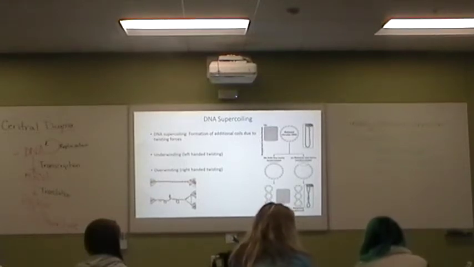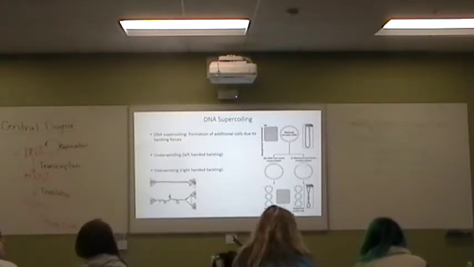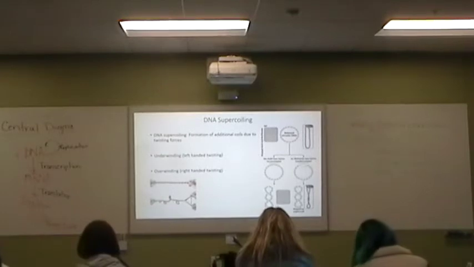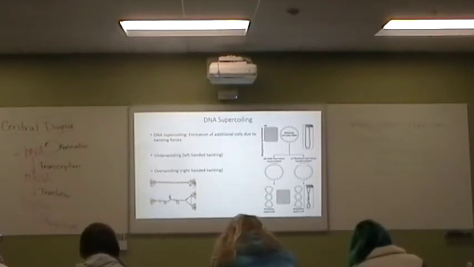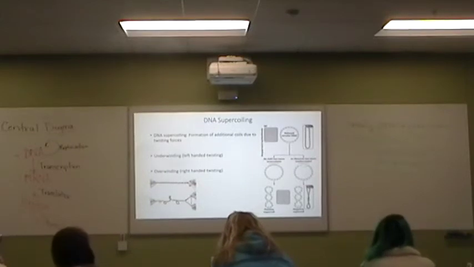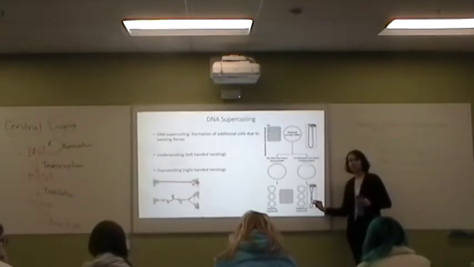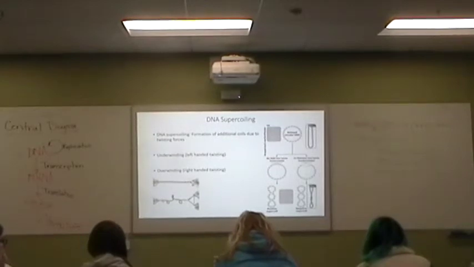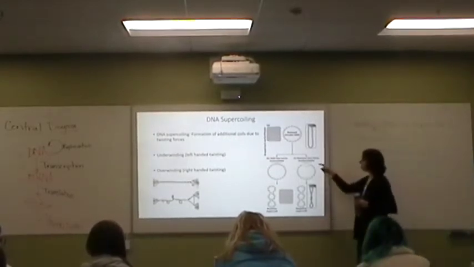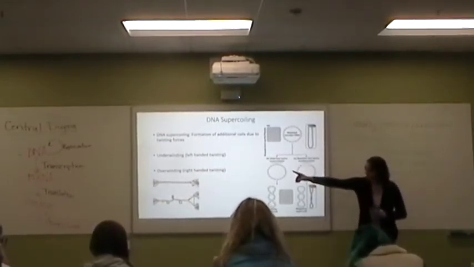Yeah, so interestingly enough, the cells are actually going to under-rotate or underwind the DNA by twisting it to the left. Now that doesn't make inherent sense to a lot of people, but it actually accomplishes the two purposes that we're looking for. It compacts the DNA because we still get this secondary folding of the molecule, and that loosening of the turns actually allows us better access to particular regions of DNA that are necessary to start replication